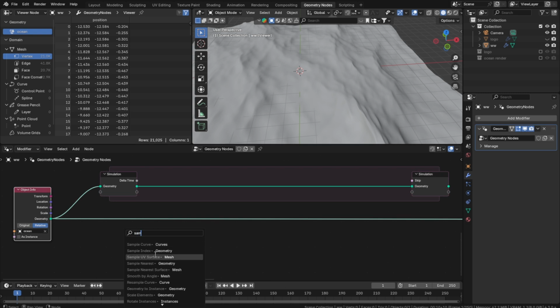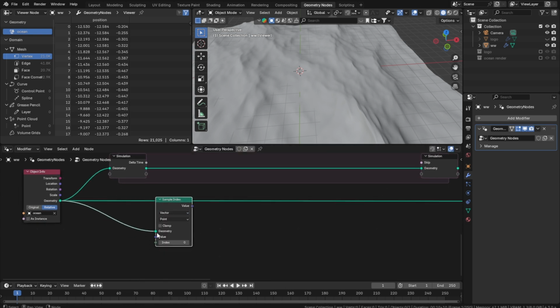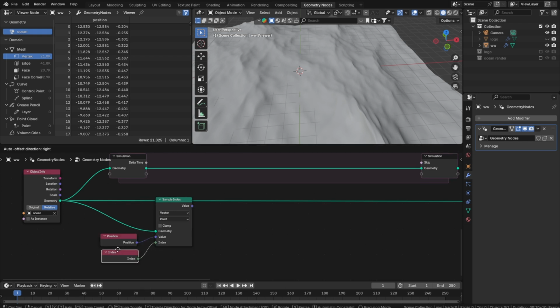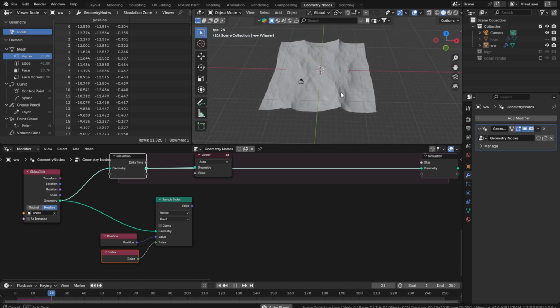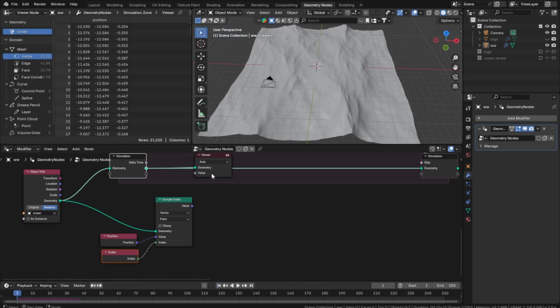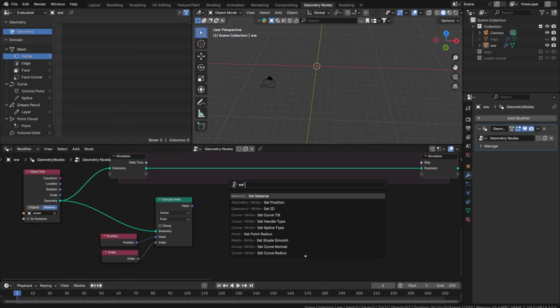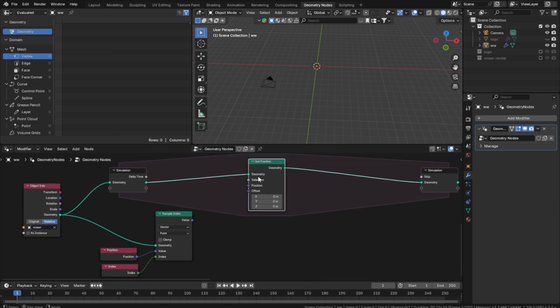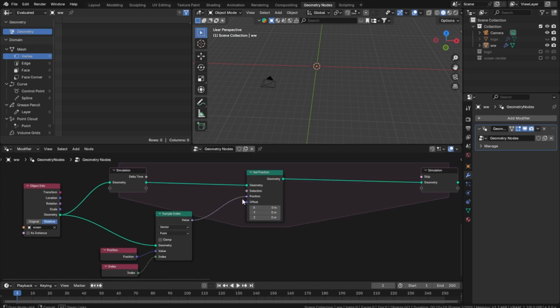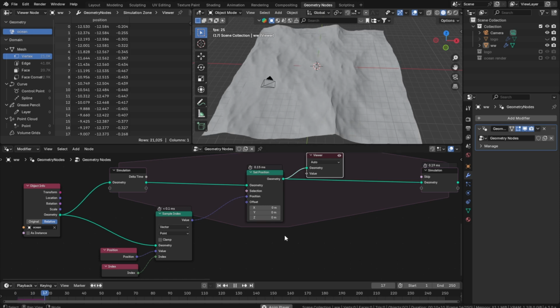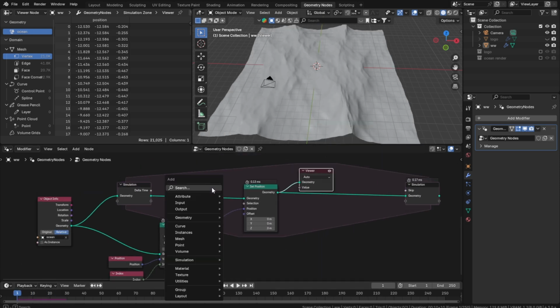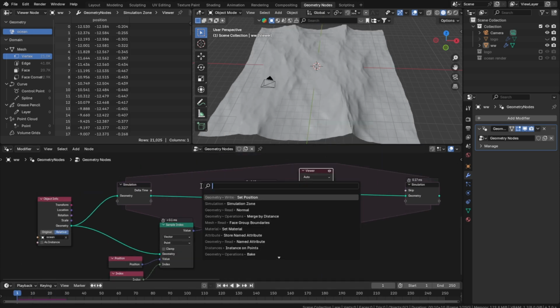This sample index vector could be a position. The sample index. So if I play now, it's not moving. If we set position, this position, it will start moving inside the simulation, and what that gives us is we